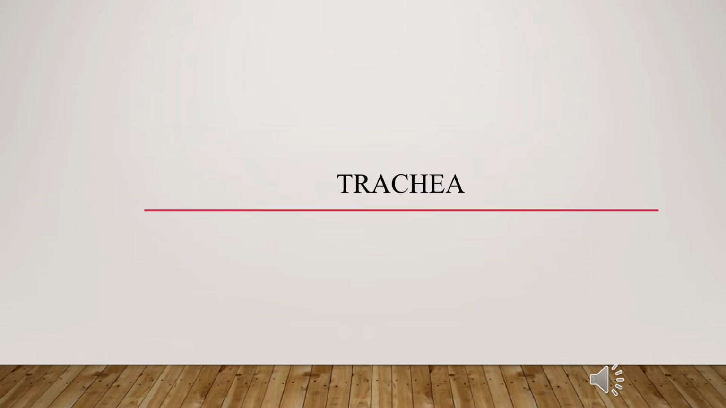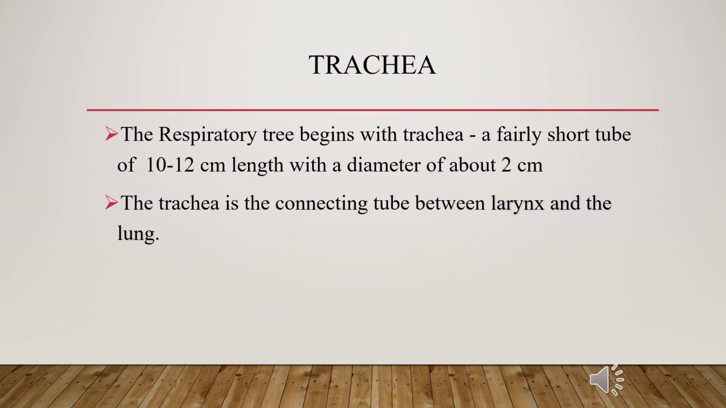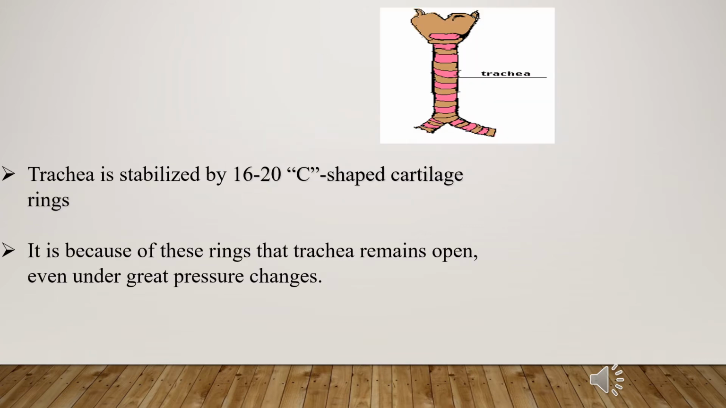Starting with the trachea. The respiratory tree begins with the trachea, which is a fairly short tube of 10 to 12 cm length with a diameter of about 2 cm. The trachea is the connecting tube between the larynx and the